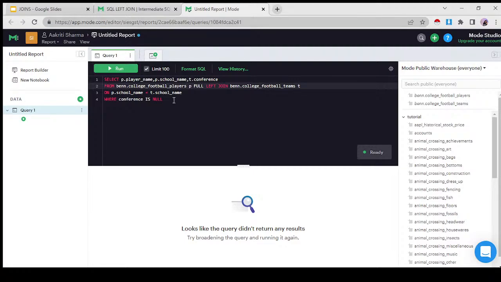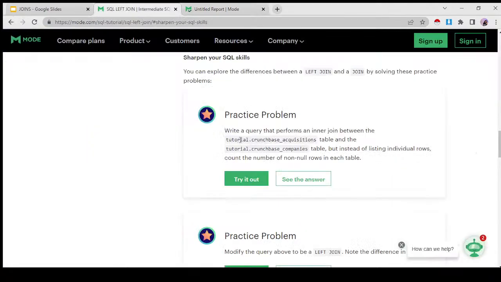Don't you worry. Okay. So what it wants is: write a query that forms an inner join between the tutorial Crunchbase acquisitions table and the tutorial Crunchbase companies table, but instead of listing individual rows, count the number of non-null rows in each table. Whenever we say count, does some deja vu happen?